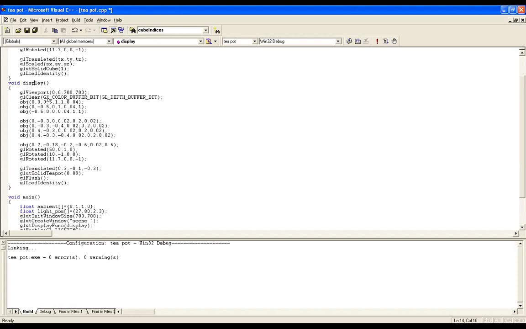Okay, so you people can see in the display function, I am using the viewport. You know what is the meaning of viewport? That is the angle in which a viewer is going to visualize the output, and the general format is 0 comma 0 comma width comma height. I have given the same position as the window so that I can see the object. And glColor, and since I'm using the buffer, I need to clear the color buffer.